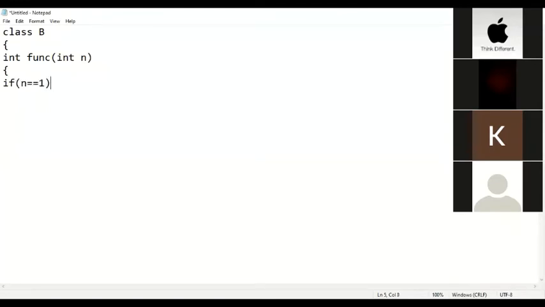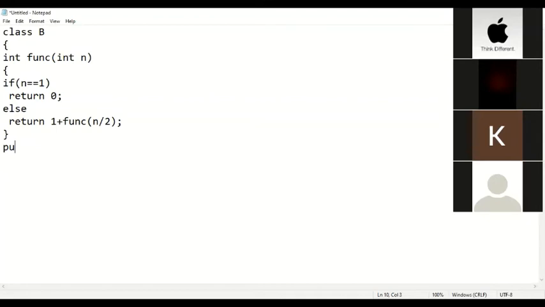If n double equals to 1, this is the base case, return 0. Now here it is else, return 1 plus func of n by 2.